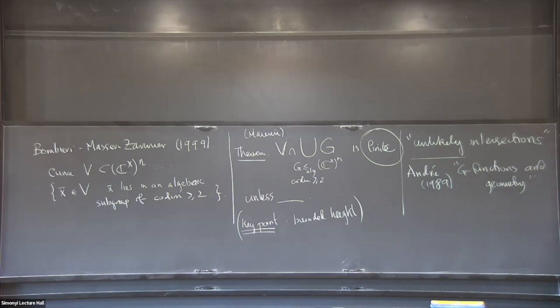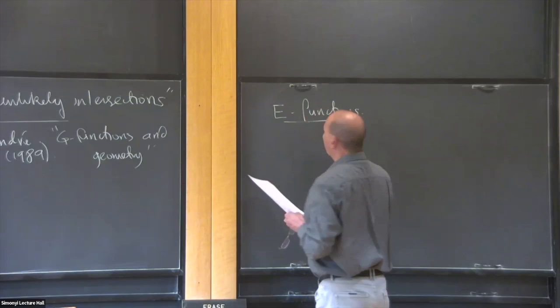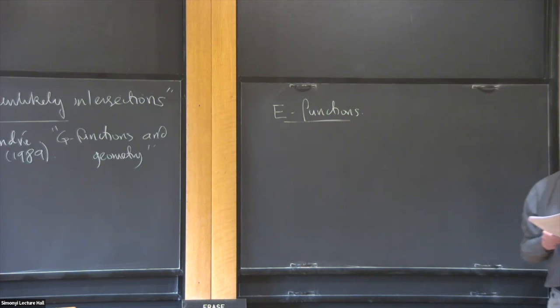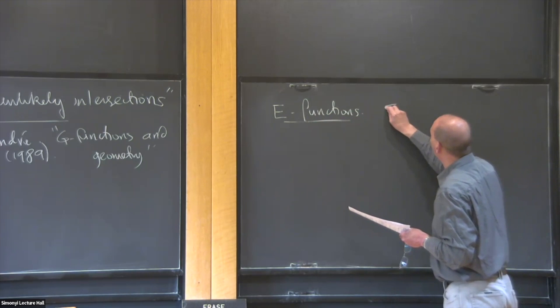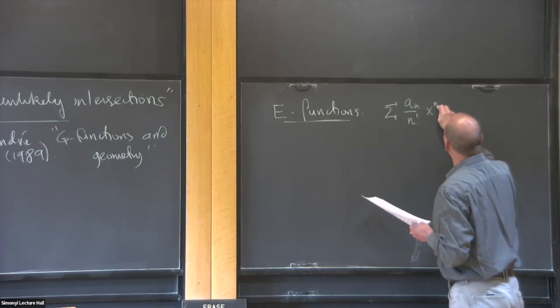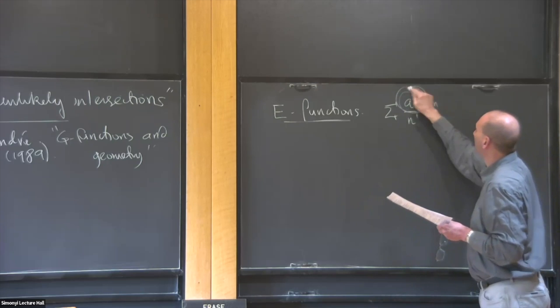I guess I didn't want to give a definition of G functions. The G functions and the E functions were both introduced by Siegel in the context of transcendental numbers. And the E functions are functions that look a bit like the exponential function. So they satisfy a linear differential equation with rational function coefficients, and they have a Taylor series. Let's write it as a_n over n factorial x to the n, and where you impose some suitable growth conditions